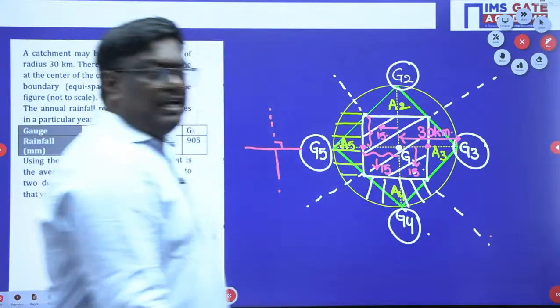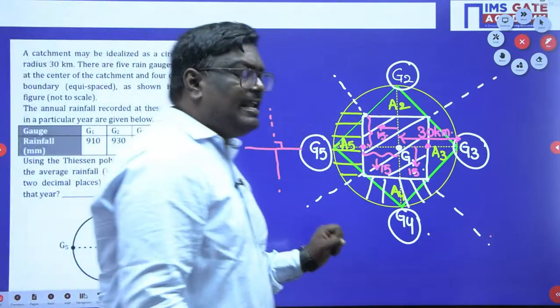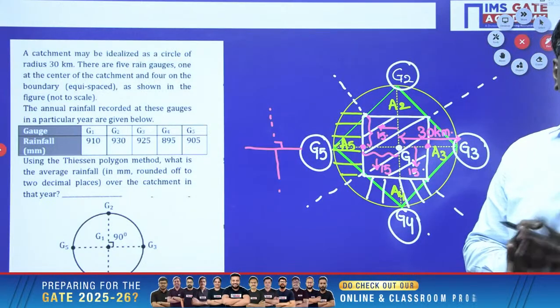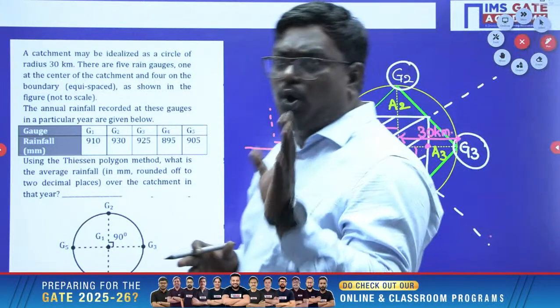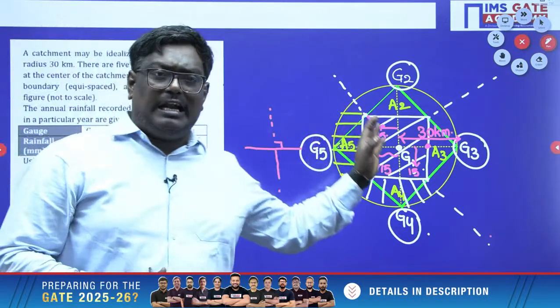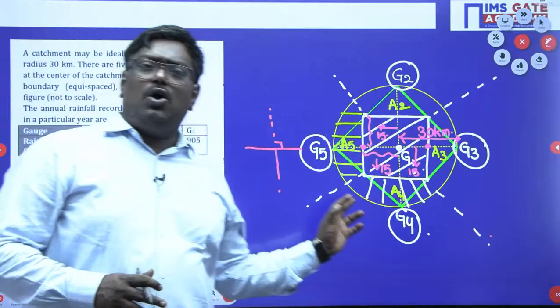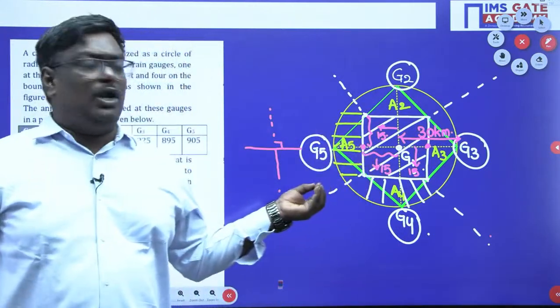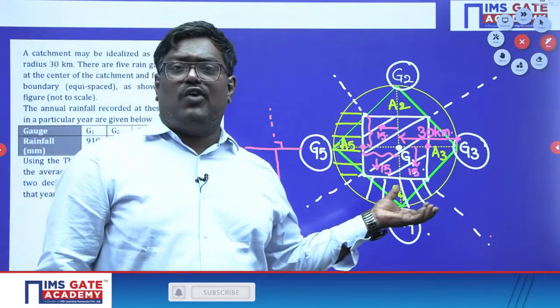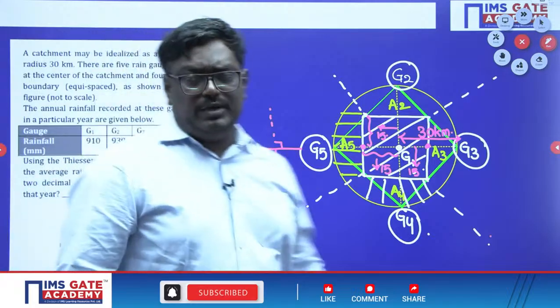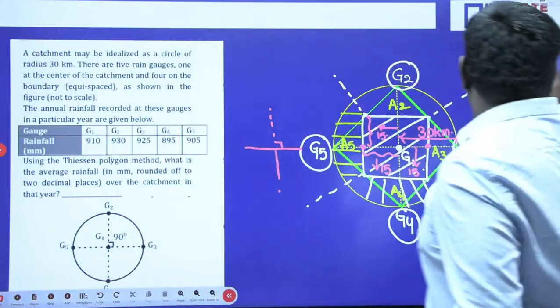So my dear students, how to find out the area, how to draw the diagram itself is the most challenging part here, what I want to tell you. I hope you are clear what I am trying to say. So just by drawing the straight lines, by connecting all the stations, you have to form a polygon, a Thiessen polygon. How is the Thiessen polygon formed, sir? By drawing the perpendicular bisector. Now my dear students, here, if you consider here, let me tell you here,